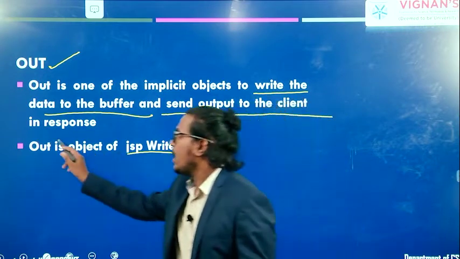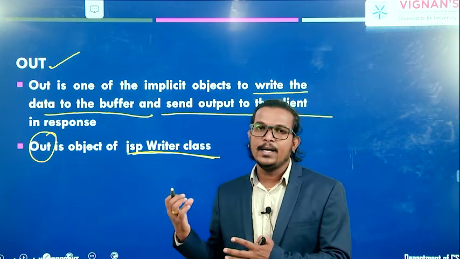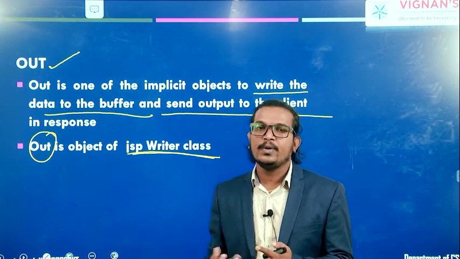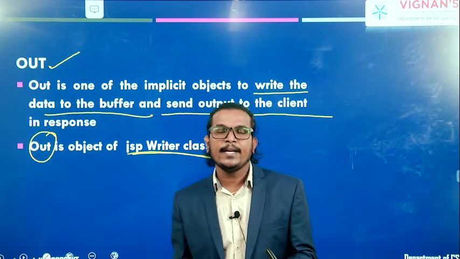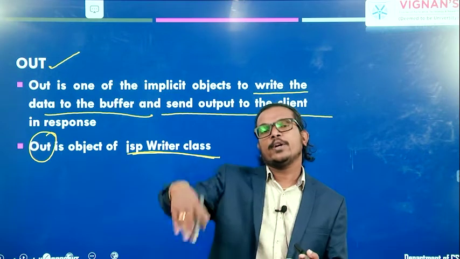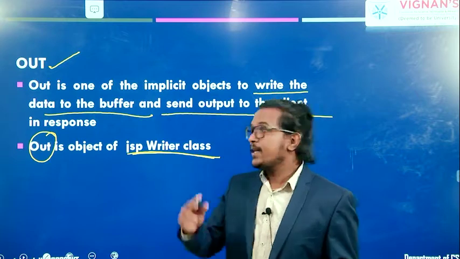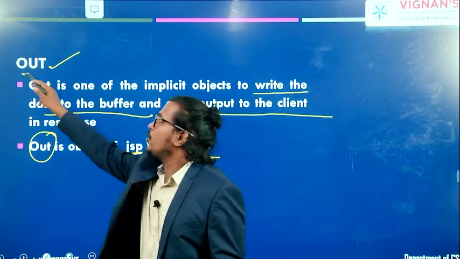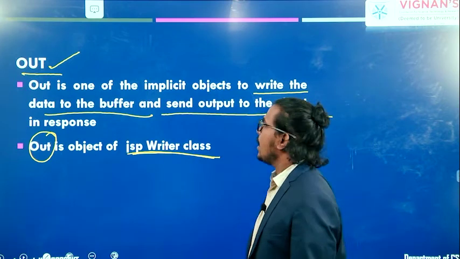Okay, this particular out object is available. Clear? Here we are taking the data and writing some information. For writing that, we require some object, right? That object is nothing but the write buffer. We are writing the data, sending the data, and forwarding that response back to the requested clients. That is the main use of this particular out object.